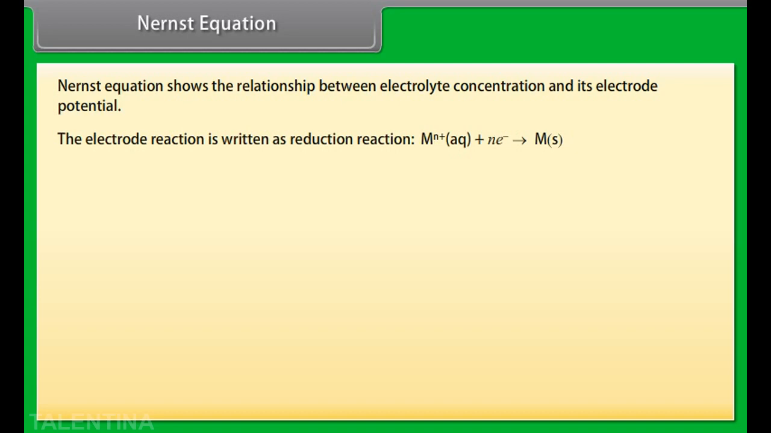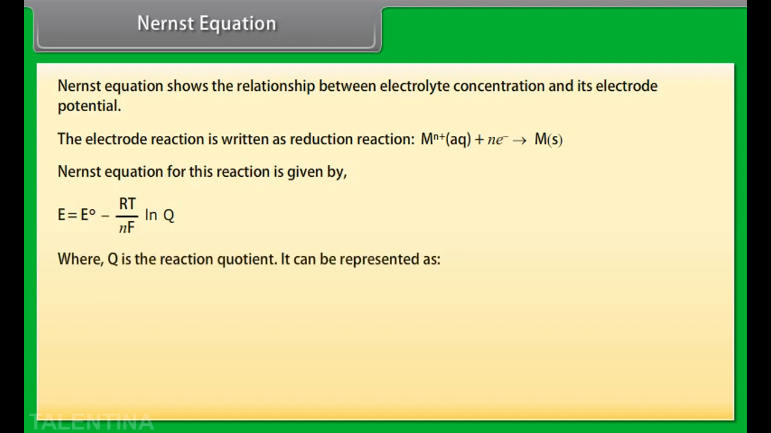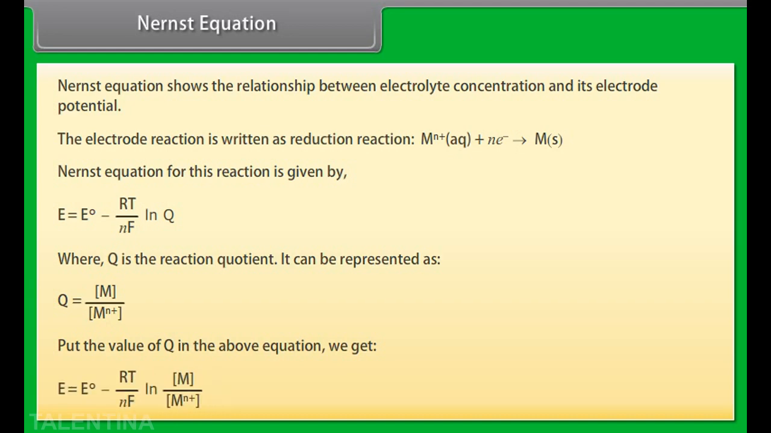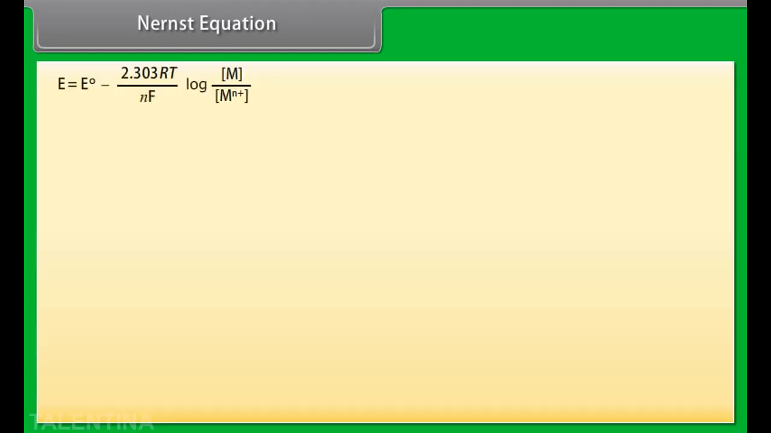reduction reaction. Nernst equation for this reaction is given by E is equal to E naught minus RT upon nF multiplied by natural log of Q, where Q is the reaction quotient. It can be represented by M upon M ion. Put the value of Q in the above equation. We get E is equal to E naught minus 2.303 RT upon nF log M upon M ion, where E